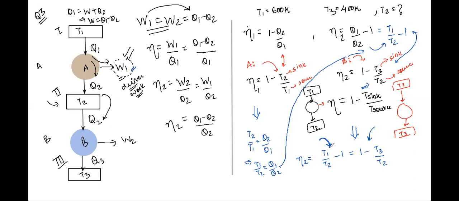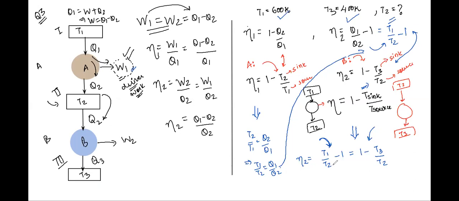Now all that you have to do is just substitute the values. We know the value of T1, we know the value of T3, we just need to find out T2. Are we clear? How did we go about the question? It seems challenging because I'm solving it one by one, step by step. But when you are used to such kind of questions, this is not more than a 2-minute question.